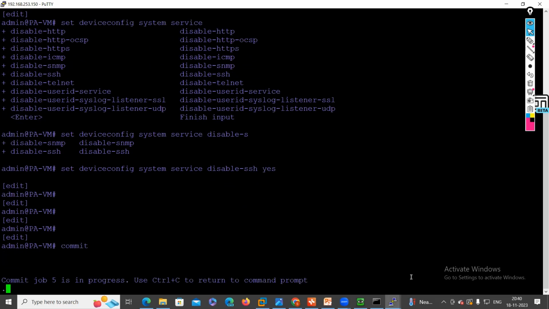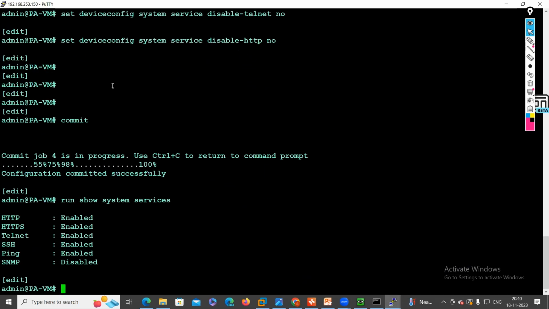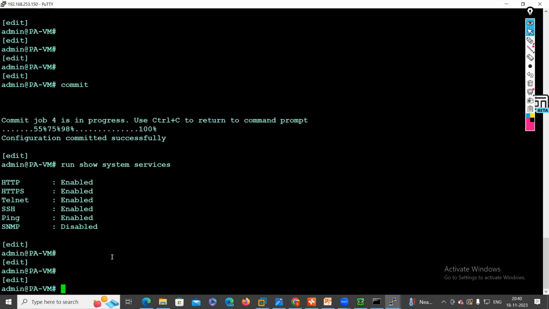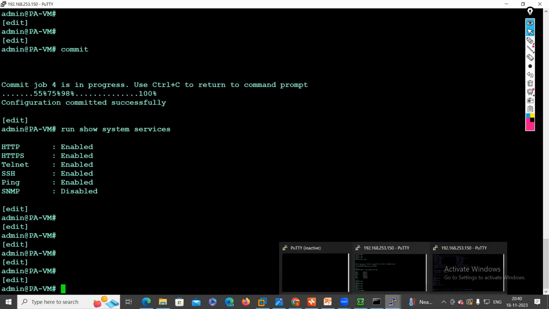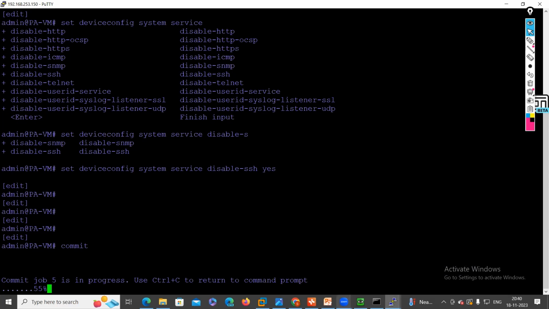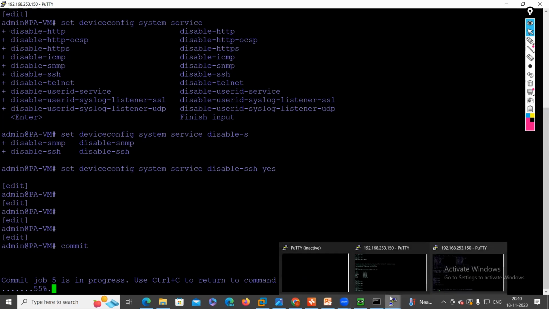As soon as it is committed, your SSH console access will expire. It will not allow users to log in through the SSH console because that service is disabled. Once it is committed, your firewall will not allow users to access the console through SSH services. Only the CLI console can be accessed through telnet services as of now. Okay,